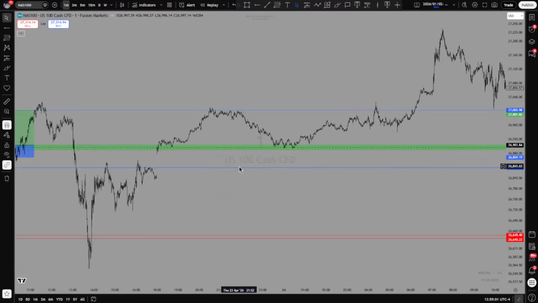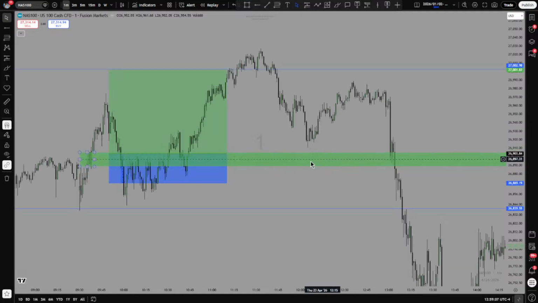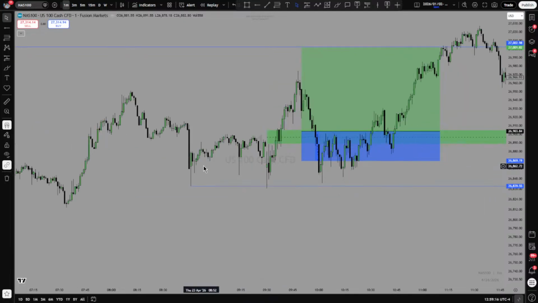So what did we have here? Let me just review this before I go to any other. So what I was actually looking for here. How did I take this trade? Why did I take this trade? Because this trade is very improper, and although the direction is right, why would I take the trade here? It's simple. Let me just show you.